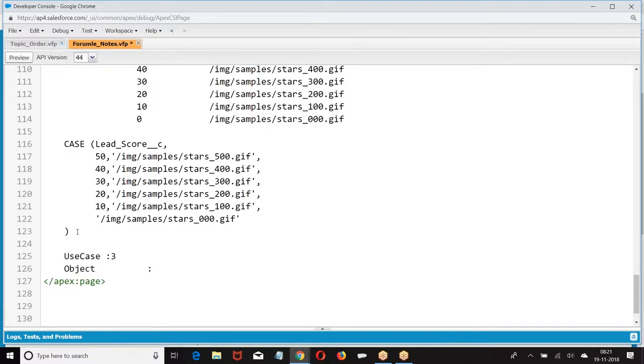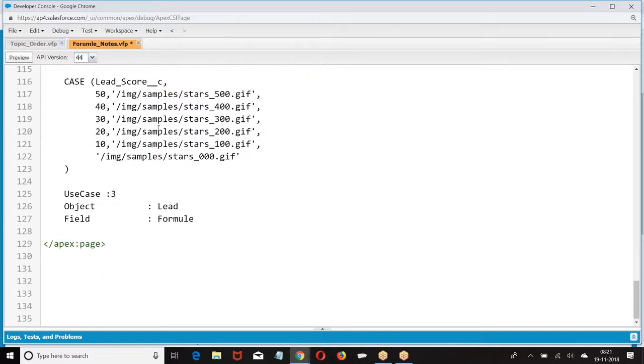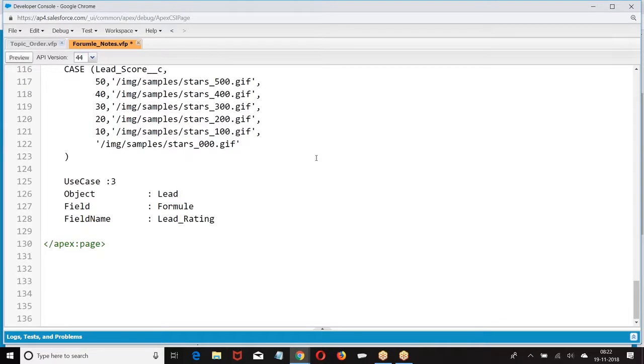Object. Field name. Then we had return type. Then we had, what did we give?